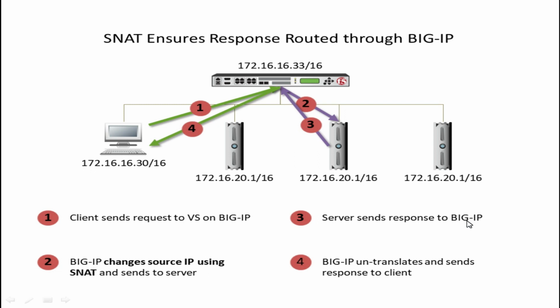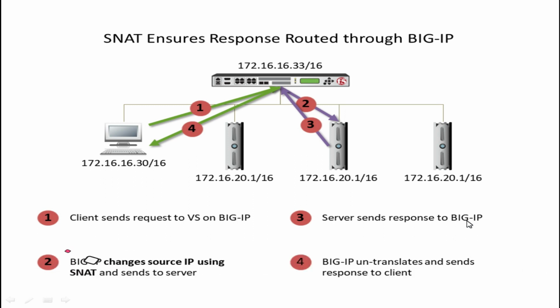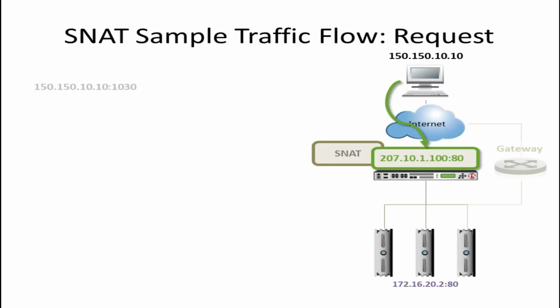So you can see packet number 1 is going over the virtual server, packet number 2 is using one of my lucky backend servers, and packet number 3 is sending the response again to the BIG-IP because the source is also changed using SNAT. And finally my BIG-IP is changing each and everything as it is required by the PC, and my response is now accepted. So here is an example, a sample of traffic, how the request will flow using SNAT.